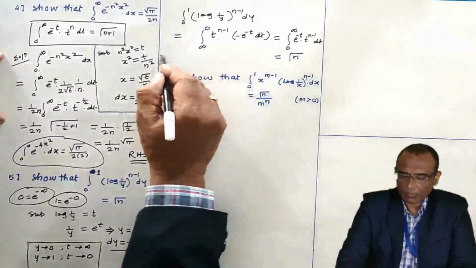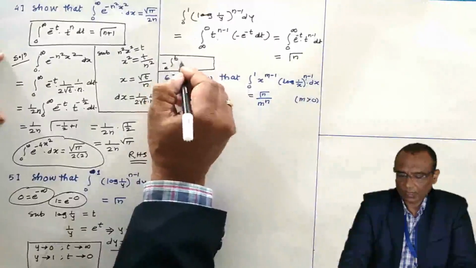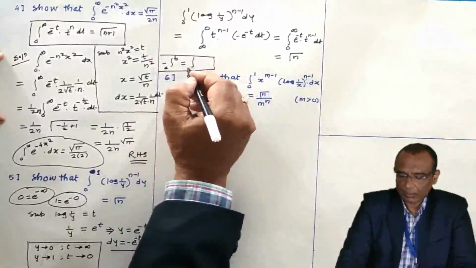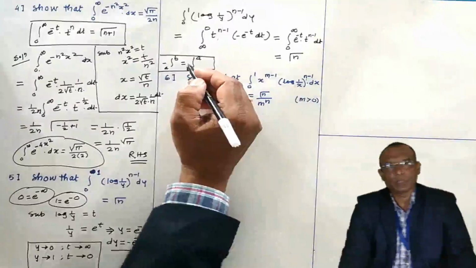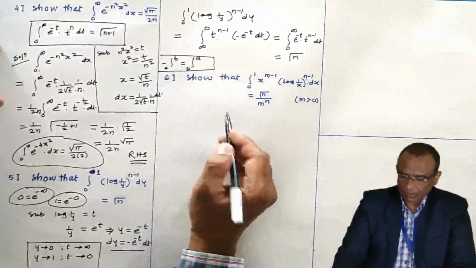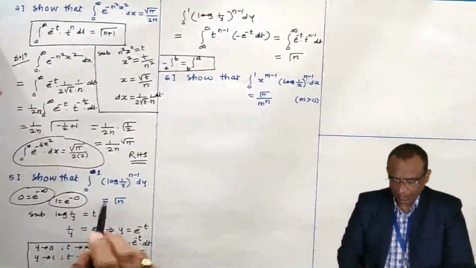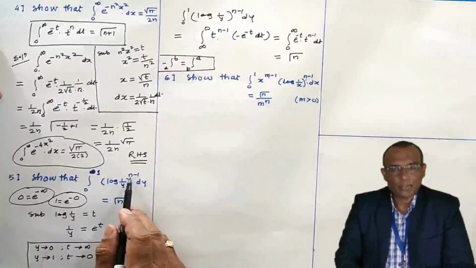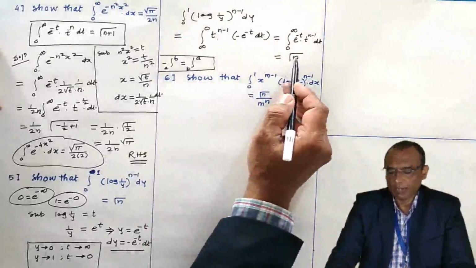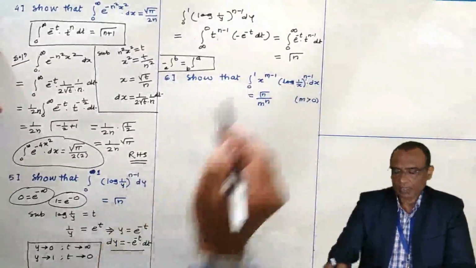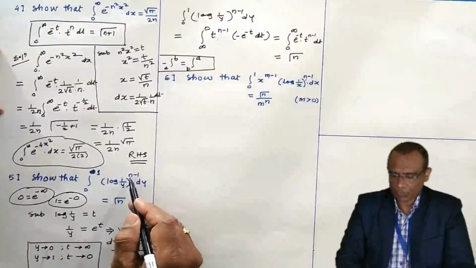Okay, here the property of definite integral we have used. The minus of integral a to b can be written as plus integral b to a. You can interchange the limits if you want to compensate the minus sign. Now, next problem. This may be asked as an MCQ or in examination. N may be replaced by any other fixed constant. If n is replaced by 2, then the answer will be gamma 2. If n is replaced by 3, the answer will be gamma 3. Okay, in examination, n may be replaced by any other fixed constant.